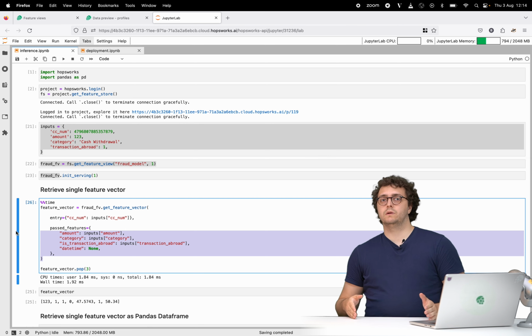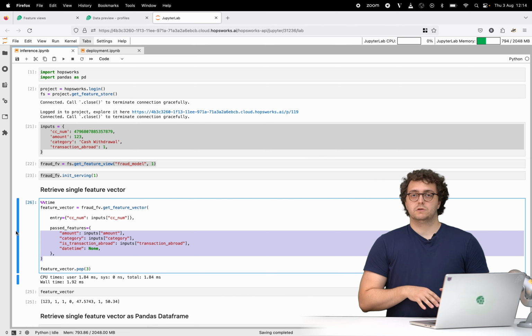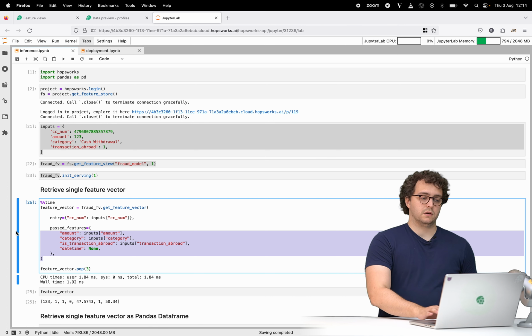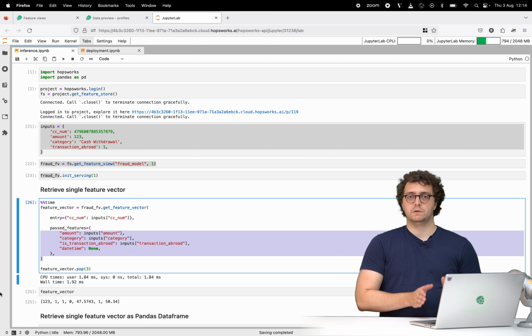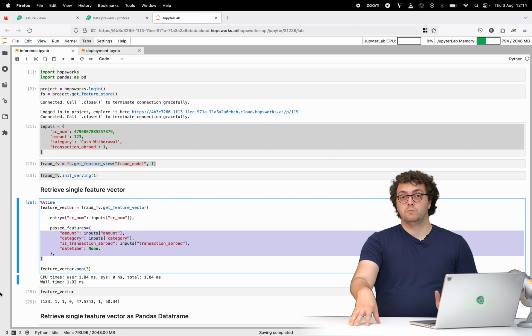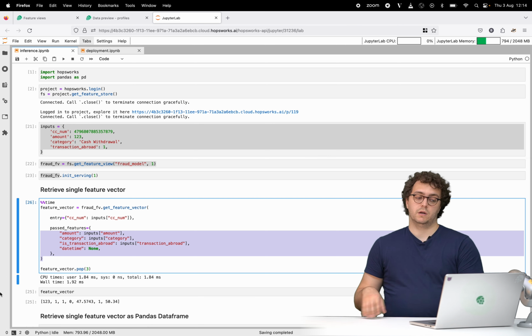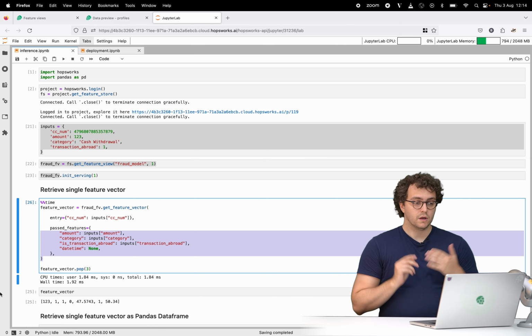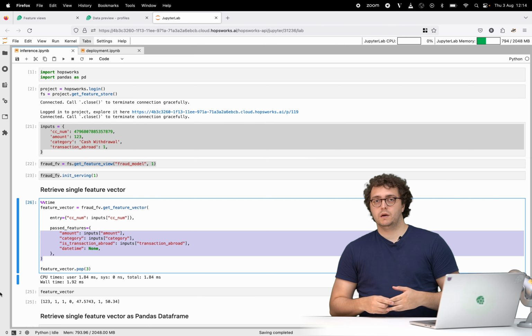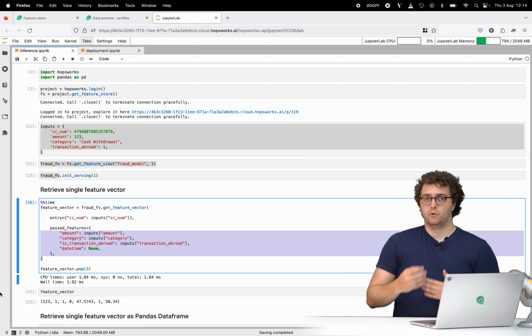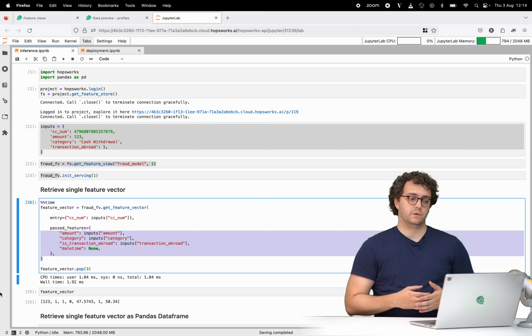And it's going to make sure that the order is consistent. So it's going to make sure that the position, let's say, of the amount feature is always the same. It's always, in this case, the first column. And it was the first column when we trained the model, and it's the first column right now when we make the inference. One additional thing it does, it applies automatically all these model-dependent transformations that we registered with our